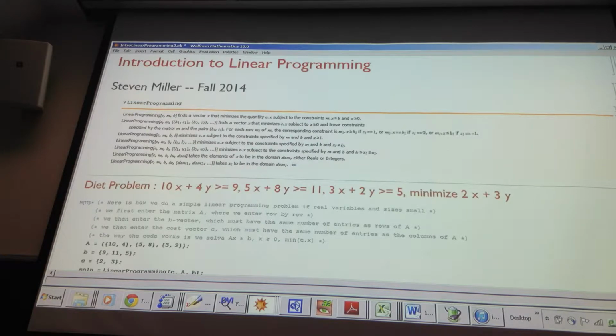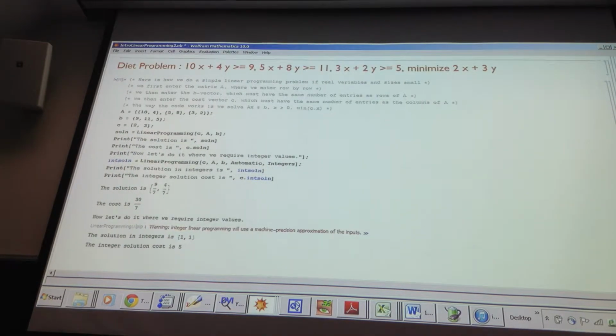So the first one is the diet problem. I want 10x plus 4y to be greater than or equal to 9, 5x plus 8y greater than or equal to 11, 3x plus 2y greater than or equal to 5, and I want to minimize 2x plus 3y. So this is clearly my cost, and I have 3 different nutrients and I must get certain amounts. How many products do I have? 2 products, 3 nutrients. And I need to make sure that I get a certain amount of each nutrient or I die. Okay? Alright, so in Mathematica, the way you do comments is parentheses star to start, star parentheses to